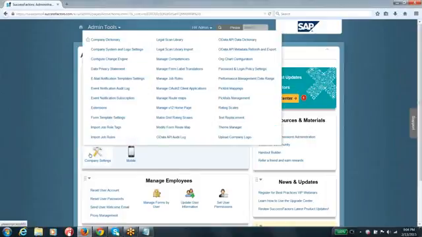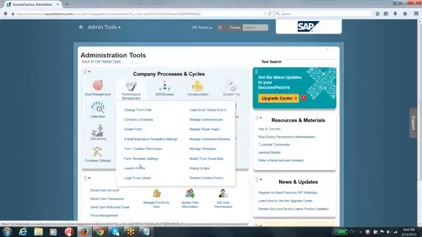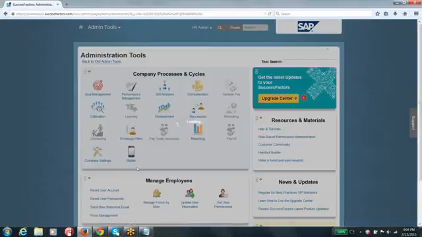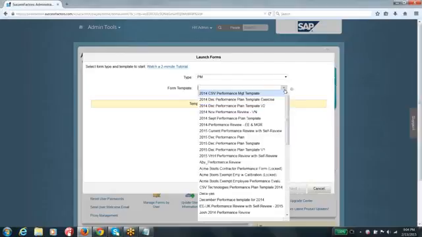Go to company settings and launch forms is the option, guys. And if you see somewhere, let me know. Yeah, launch forms, here you can see. So click on this launch forms, or otherwise go to the tool search option and keep typing the launch forms option, guys.